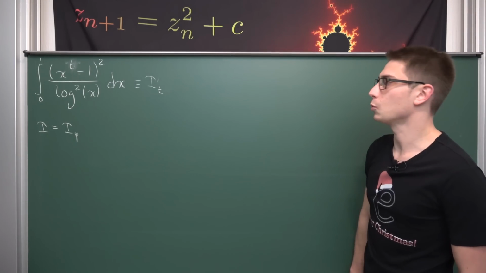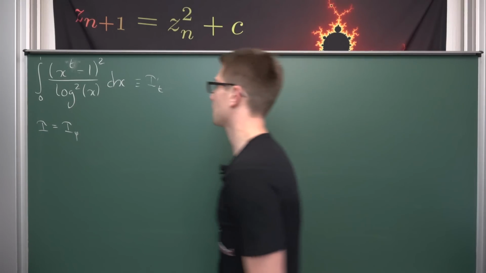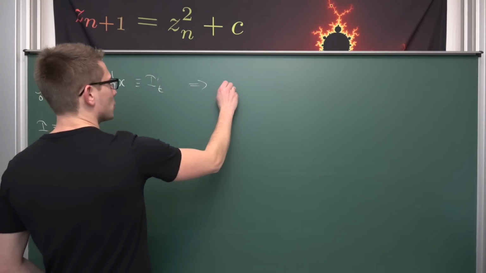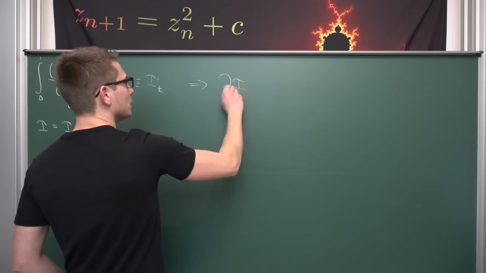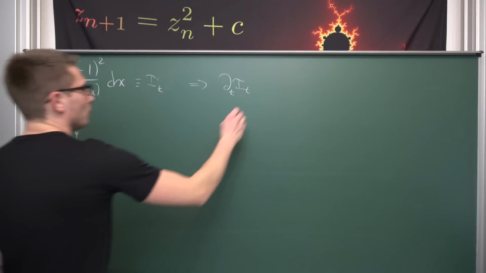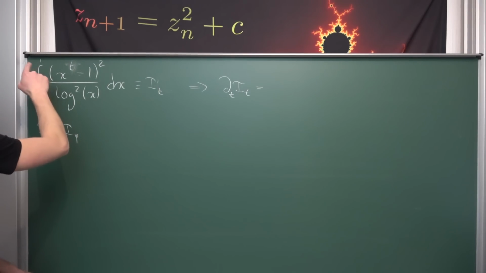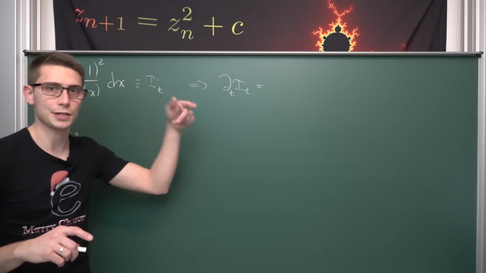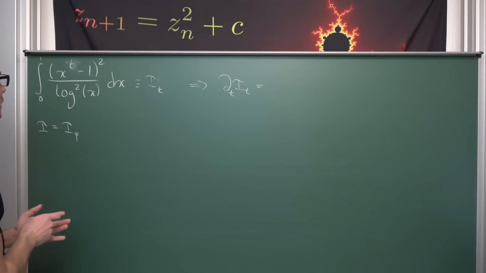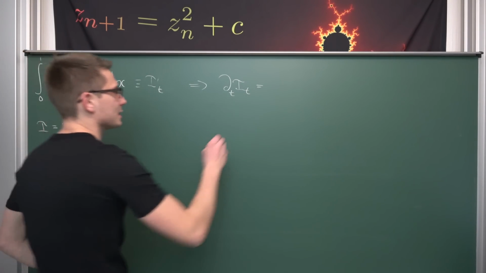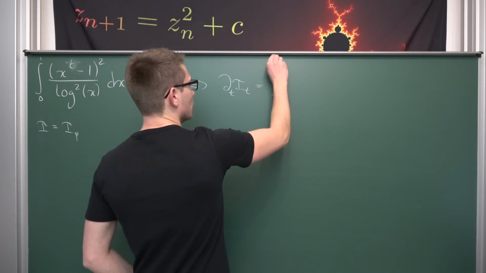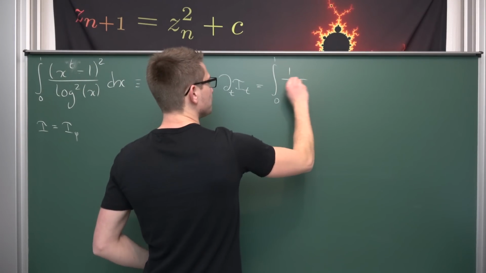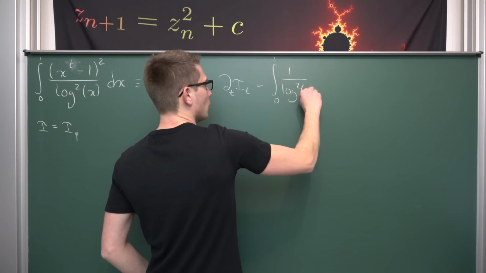I think this shall work to some extent at least. A substitution wouldn't do any good here. Meaning, what we are going to do is say, what's the differential of I in t? The upper and lower bound are independent of our variable t, so we can drag the differential to the inside using the special case of the Leibniz rule for integration. This should work out. Then we're going to end up with an integral from 0 to 1, that's a good looking one, where we got 1 over log squared,